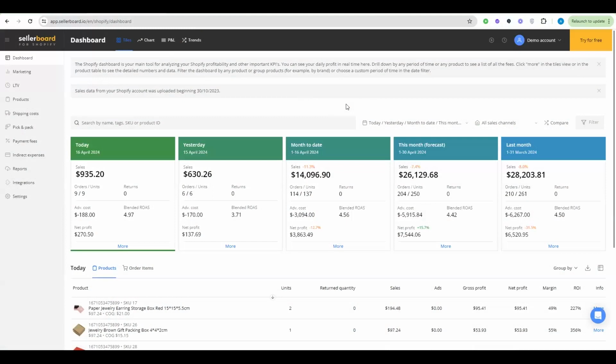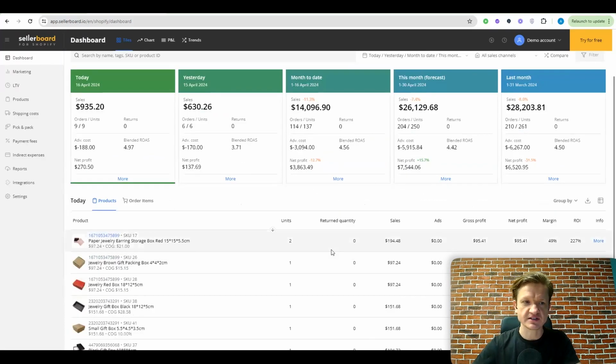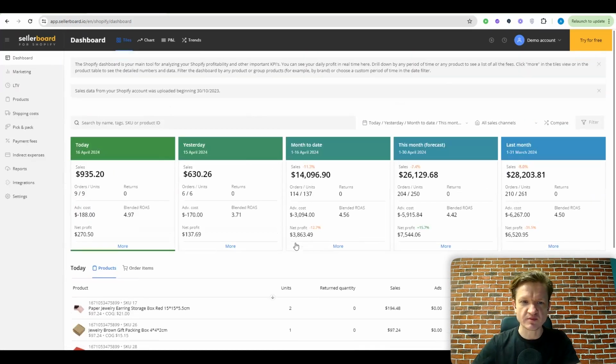That's great to hear. Okay, so first things first, Sellerboard for Shopify is a profit analytics software for Shopify sellers. And for those who do sales on Amazon as well, this profit analytics dashboard should look pretty familiar because the UI is very similar to the Sellerboard for Amazon software.